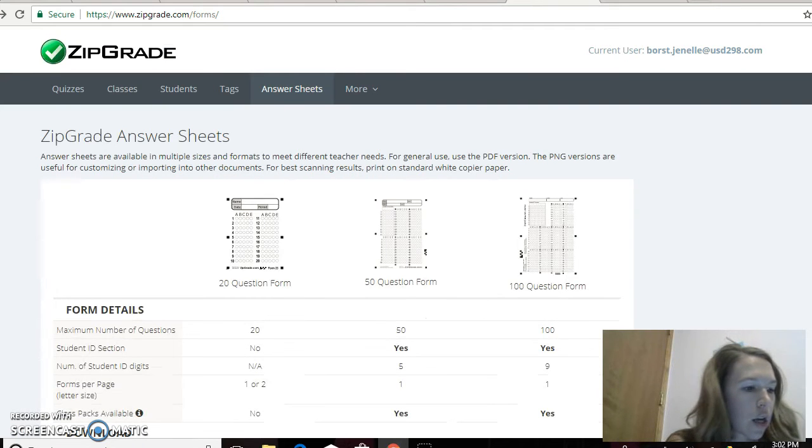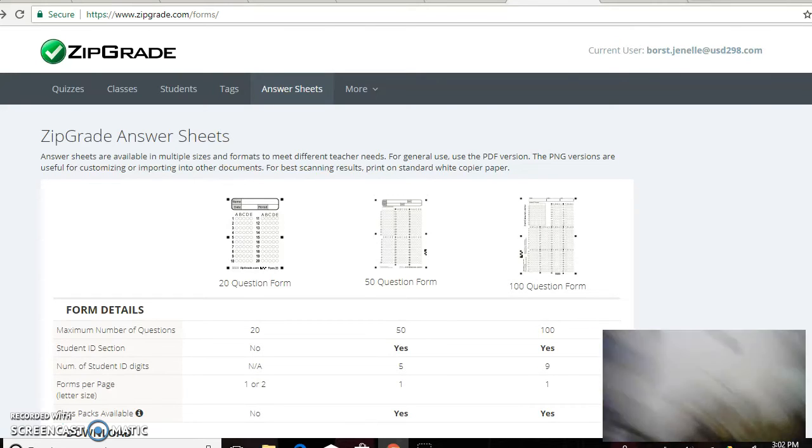Then you will need to download Zipgrade onto a mobile device, so a tablet or an iPad or your iPhone, or smartphone, whatever you have. It's in both the App Store and Google Play, and it's completely free to download, but you go, I have an iPad, so